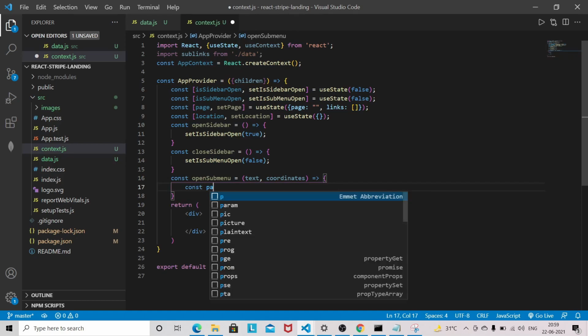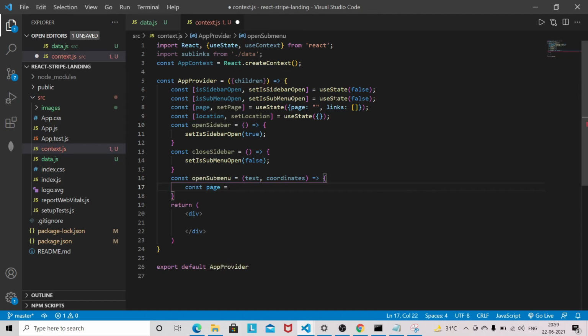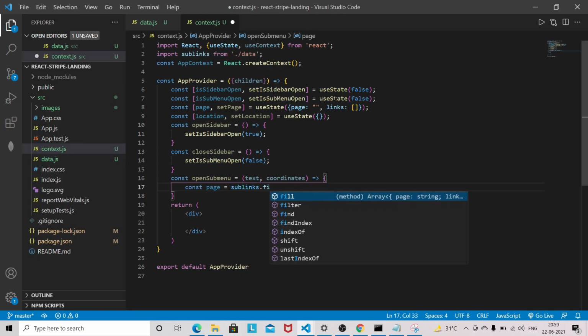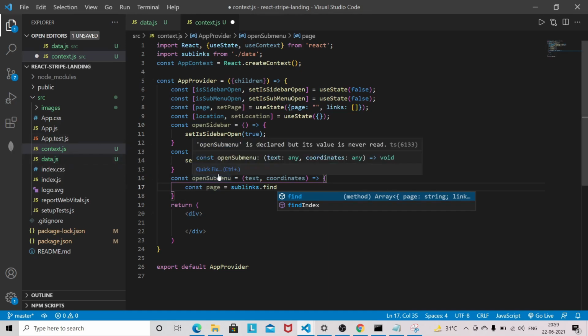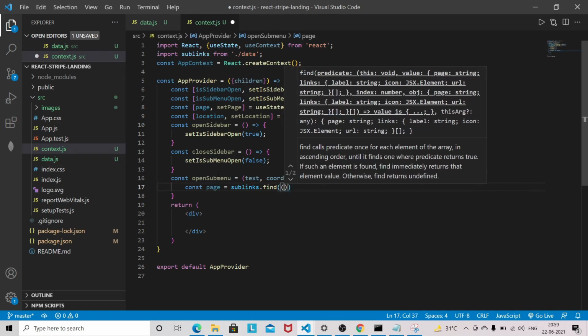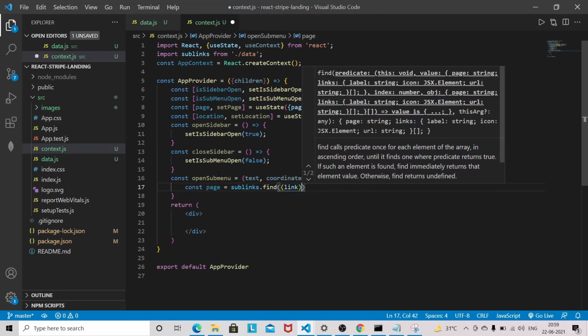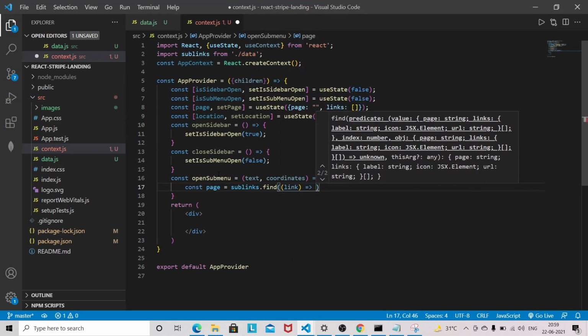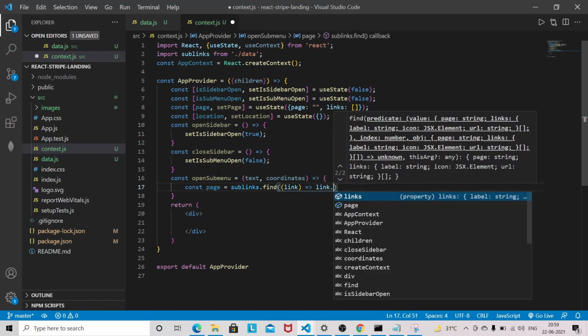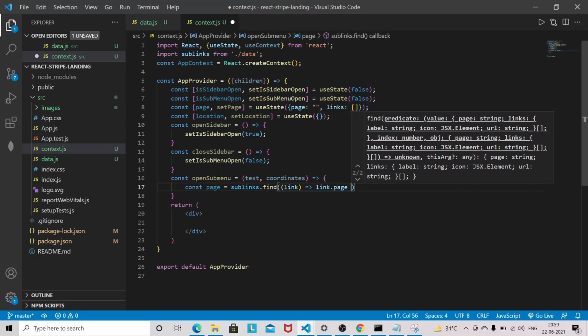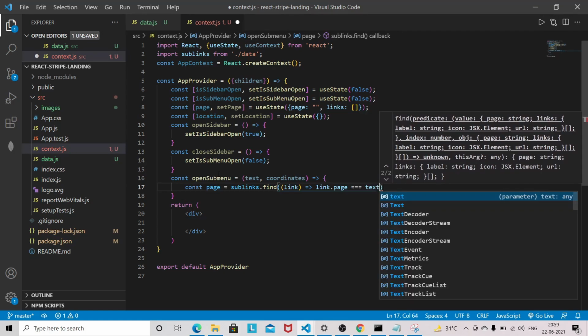Const page, sublinks, so we are getting the sublinks from the data file, and it will have a link, and link.page equal to text.